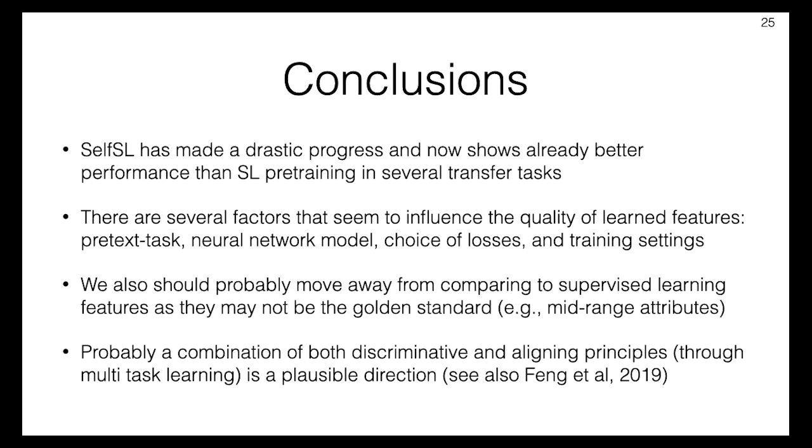To conclude, self-supervised learning has made fantastic progress since 5 years ago. Today, a number of methods build better features than supervised learning when evaluated on a number of transfer tasks. This is very encouraging, and I expect that the performance will go even further. However, what drives the performance is still unclear. There are several factors that determine the quality of learned features, and potentially their interplay has an impact too.